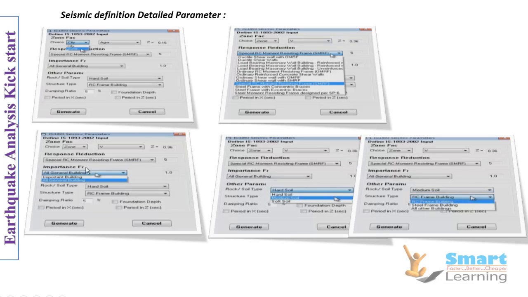Then the importance factor: for an important building you will have a higher factor of safety, or you can have a general building where you will get 1. And the type of parameters, under that you can see the rock and soil type. Here you will get soft, hard, or medium type of soil, and here we can see the RC frame structure under this structure type. These all 5 configurations you have to do, and then move ahead.